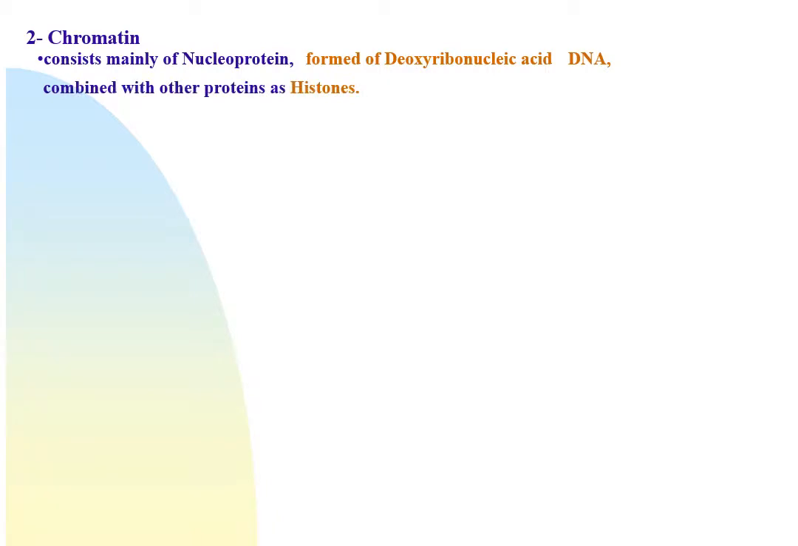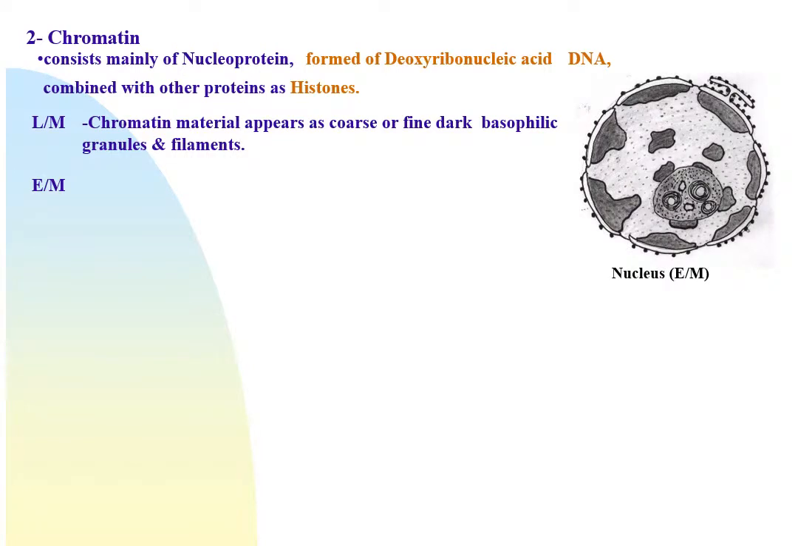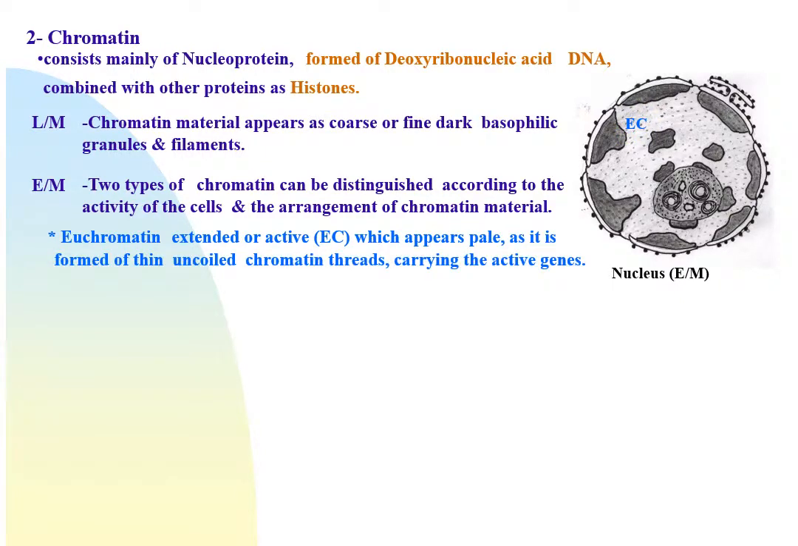Chromatin consists mainly of nucleoprotein formed of desoxyribonucleic acid, DNA, combined with other proteins as histones. By light microscope, chromatin material appears as coarse or fine, dark basophilic granules and filaments. By electron microscope, two types of chromatin can be distinguished according to the activity of the cell and the arrangement of chromatin material. Euchromatin, or extended or active chromatin, which appears pale and is formed of thin, uncoiled chromatin threads